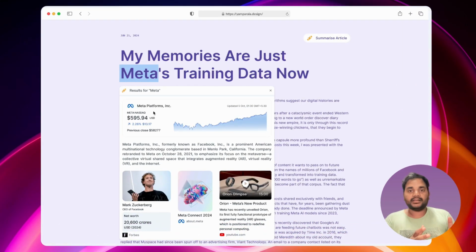Here, as Meta is a company name, the result is, as you can see, my AI assistant giving stock data, like what is the stock of the present Meta company, some information, and also information about the founder, Mark Zuckerberg, and his net worth. Beside it, the recent Meta Connect, which happened 2 weeks back, and also the new products they have introduced. So this particular model consists of 3 different things: stock information, some information related to the company, and 3 other cards, which define their founder and more.